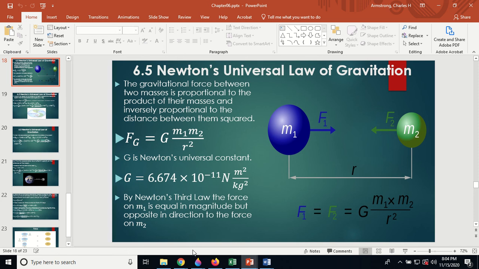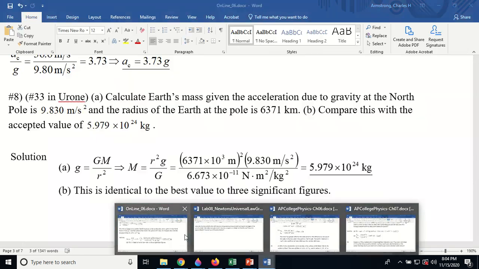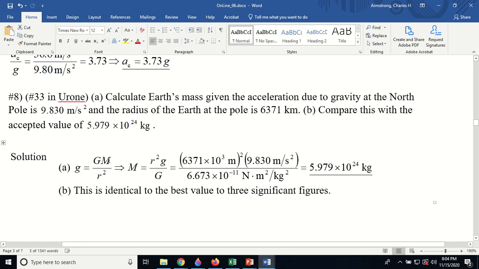Let me go back and look again. So that's what we have right here. The mass of the Earth would be equal to the radius of the Earth at the pole squared, that's the number right here, times the acceleration due to gravity, 9.8 meters per second squared, 9.83 in this case, divided by the universal gravitational constant. We can look that up. Remember to square the radius, and so we get times 10 to the third meters because it's in kilometers. We end up with 5.979 times 10 to the 24th kilograms, which if you go on Google and look it up,